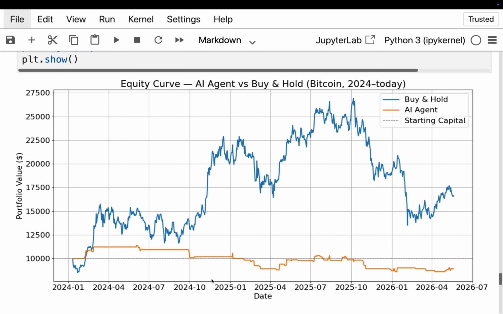Now, before anyone says the AI is broken, this is a tabular Q learning agent with 54 states. It is essentially a very small spreadsheet that learned which box to look up. Real reinforcement learning for trading uses deep neural networks, millisecond data, order book features, and teams of people who do not make YouTube videos about it. What we built is the absolute minimum viable version of the idea. Losing only 10% is almost impressive given the constraints.